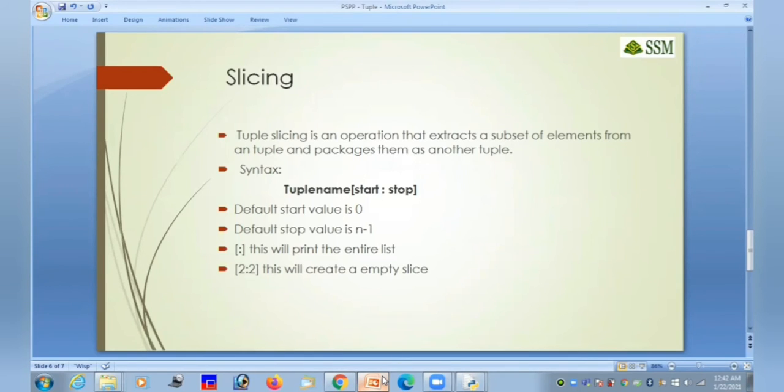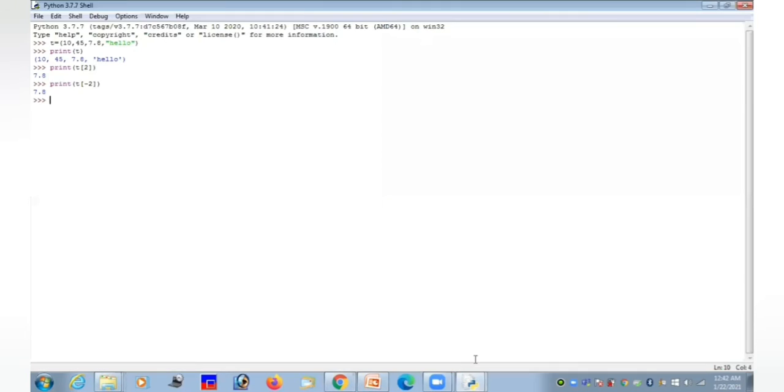For that we have to use the syntax: tuple name, and within the square brackets we have to mention two values, the start index value colon the stop index value. The start index value takes the default value 0, and the default stop value is n-1. I will show how to extract part of the elements from the tuple.